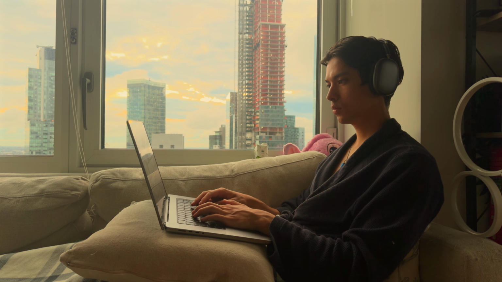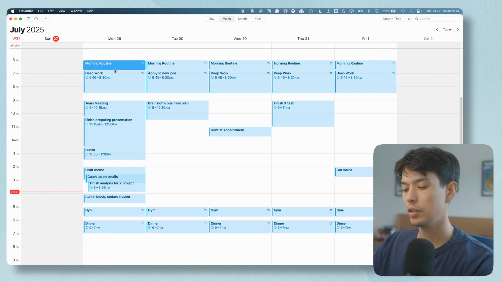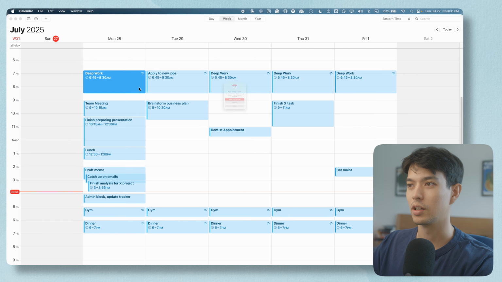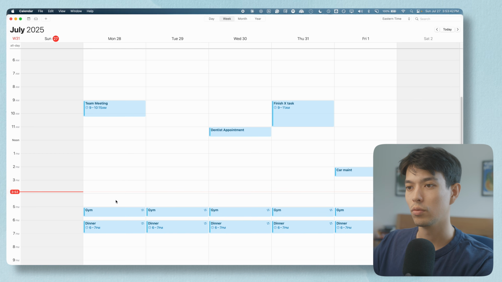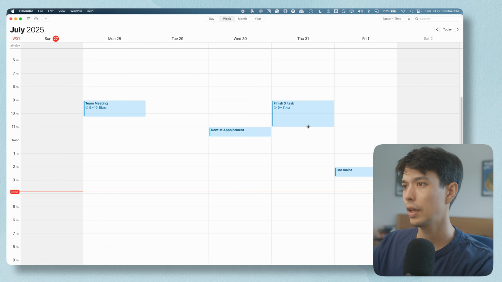All right, so if you want to use Apple Calendar to actually get better at time management and feel more in control of where your time is going, the approach I would recommend taking is to match your calendar to your reality. So what do I mean by that exactly? Well, what I would do is, for now, delete all these sort of wish list blocks, as you might call them. So these blocks that you created that aren't timed commitments or meetings, but more things that you want to do, ways that you want to spend your time throughout the week. So we can just get rid of all of these for now and keep just these meetings that we made